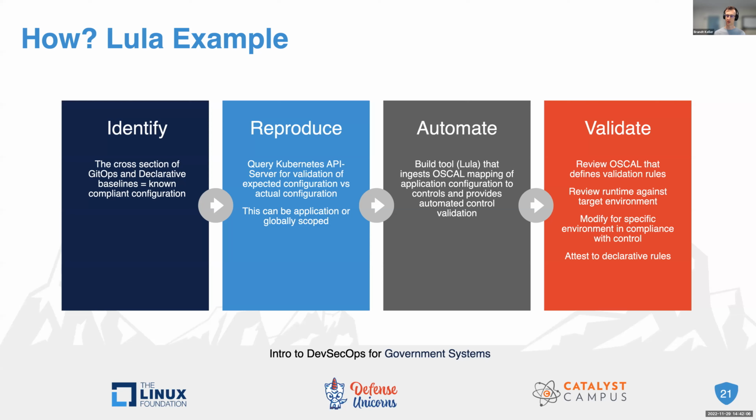We said, okay, here's some OSCAL data, and it contains the control mapping for my Istio service mesh. And based upon that, I can go and at any point in time or in real time continuously check that, and then move on to the validation. If I know where to look for that data, because we do, and we know what configuration it needs to be in order to be compliant, we can start validating that.